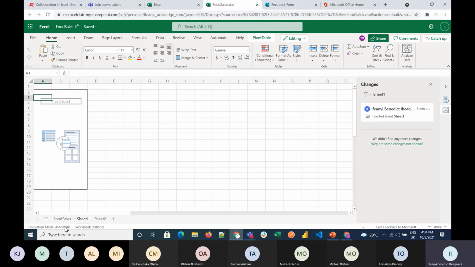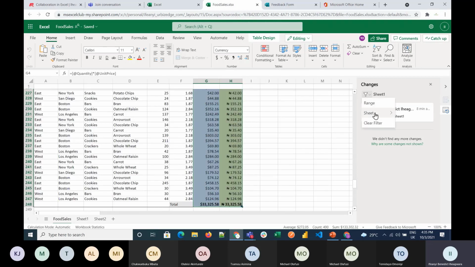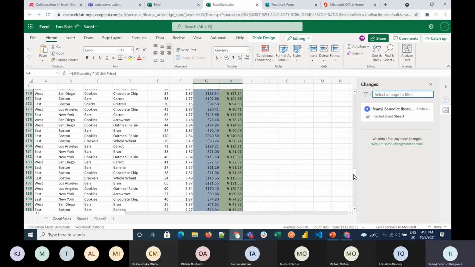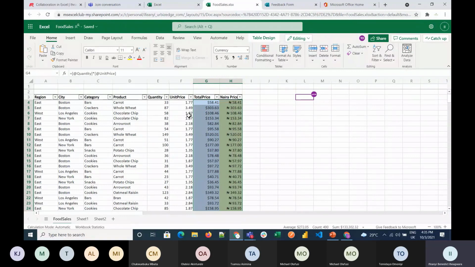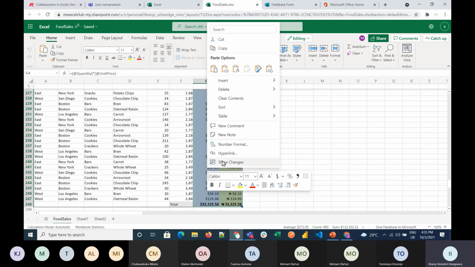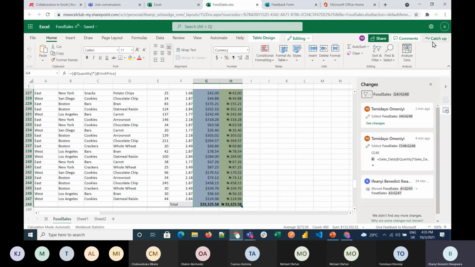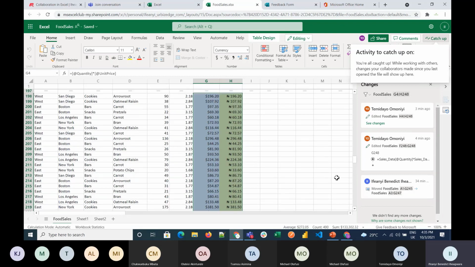You can also filter based on the different sheets, or based on the range, and you can select the range if you only want to see the view that was done in a particular part of your data set and not really everything. So I can give you the whole report, or just a bit of the report. And because I was in the sheets, maybe it will tell me I'm on a particular sheet, but if I wasn't on the sheet, I can go in below and take me back to exactly the current changes I want.